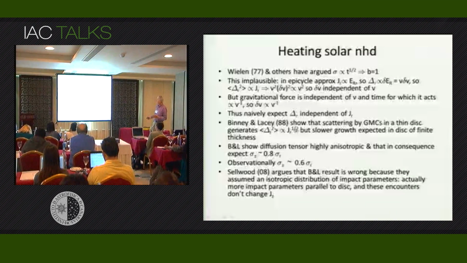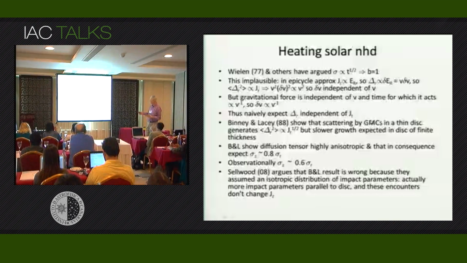Can we understand why? Can we, from physics, derive that the diffusion coefficient grows like the half power of radius? I've just given an argument why the diffusion coefficient should actually be independent of radius if you follow this argument through. But the data seem to suggest that the diffusion coefficient grows like the half power of the action. Well, Cedric Lacey and I were able to show in '88 that the classical Spitzer-Schwarzschild process does indeed give you the right scaling.